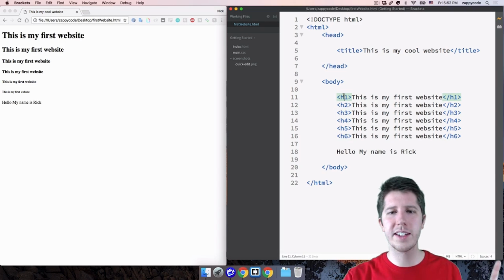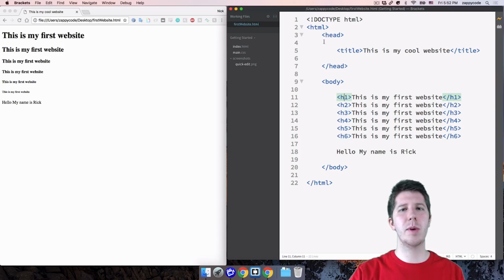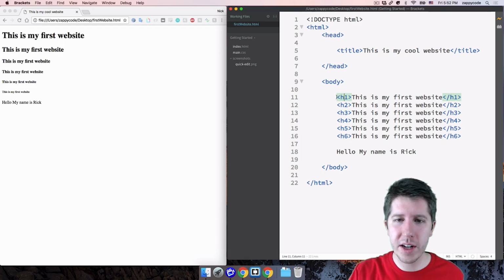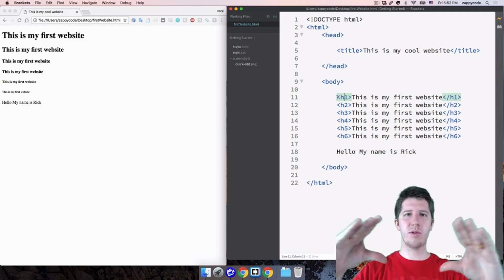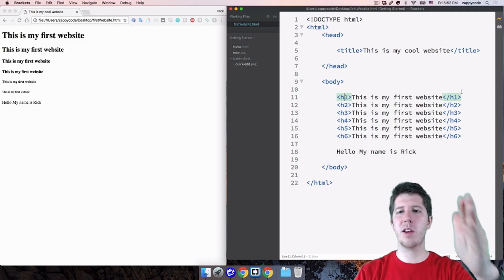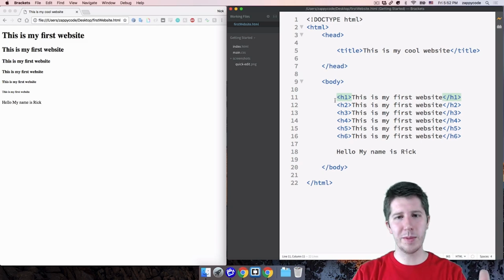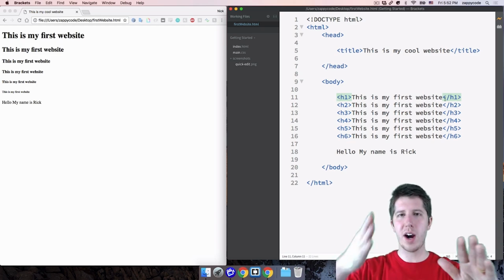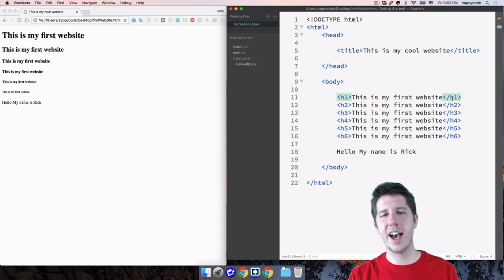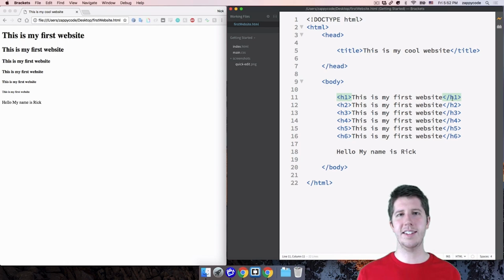I do want to emphasize here that with tags inside of HTML, whether it be the HTML tag, head, title, body, whatever, the opening tag is just the angled brackets around whatever the name of the tag is. And then the ending one is those same angled brackets, but with a slash before the name. So, angled brackets H1 with "This is my first website," then afterwards we have angled brackets /H1. So just so you know, this is the opening, and whenever you see the slash, that's the ending tag.